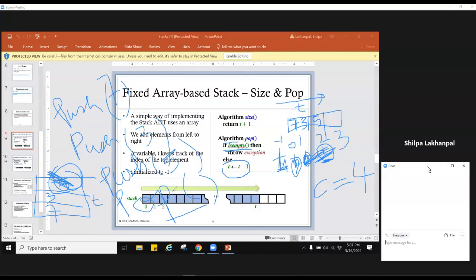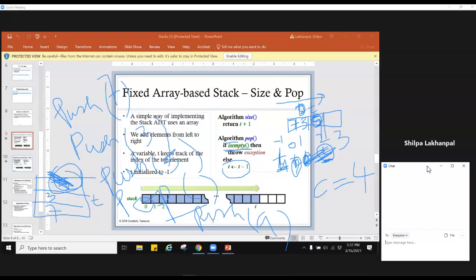But in an array, mostly when you have decremented T and brought the T to 1, technically there is no way you can actually erase 5. 5 is still there. But it's no longer in consideration for us, because after that, if we again have to do a push, like if we have to do a push 9, we'll simply increment T and just overwrite whatever was in there. 5 was there, you can just overwrite it with 9, because as far as we are concerned, that 5 was never there.